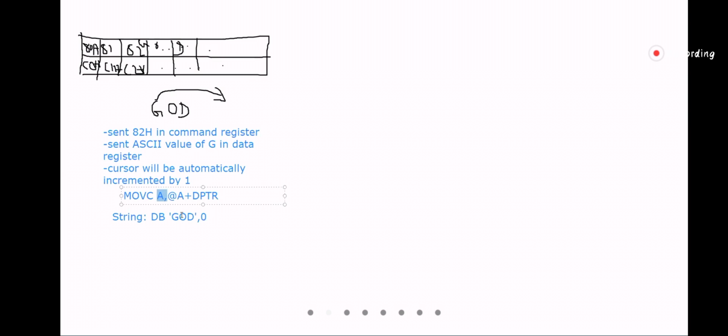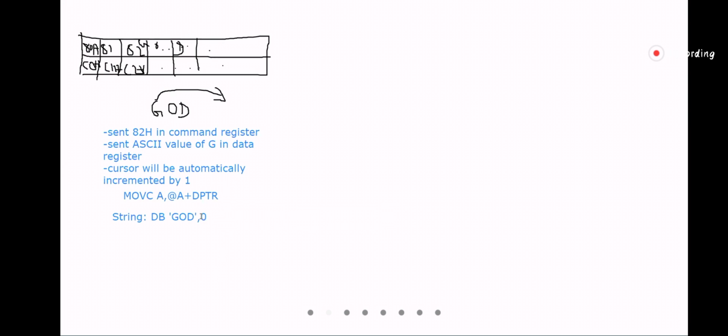And this value you will put in your lookup table. Then when I do this, I'll get the characters one by one using this command. The lookup table is in the code memory. Are you getting it? So you will use this technique.